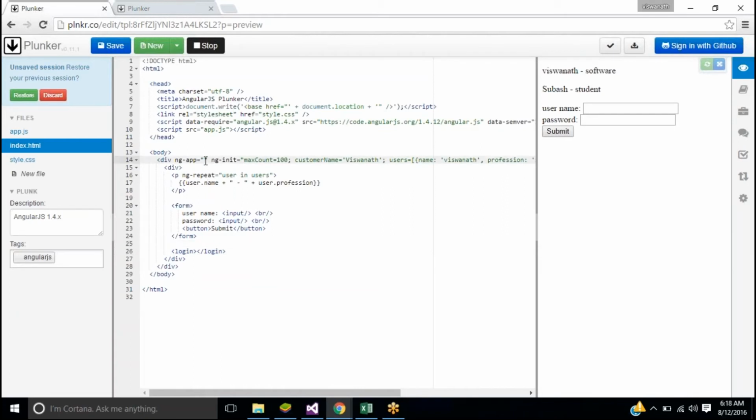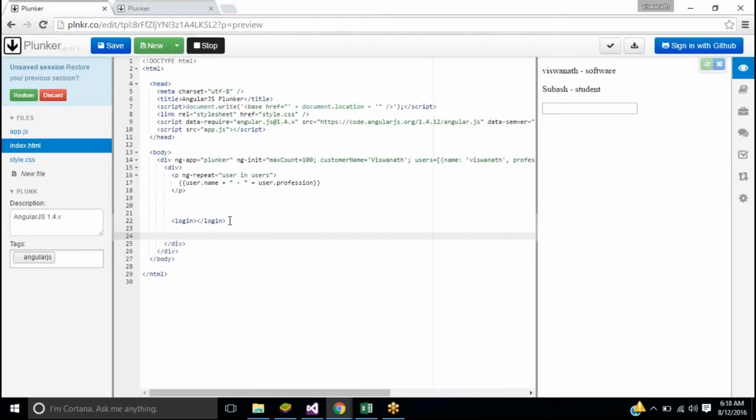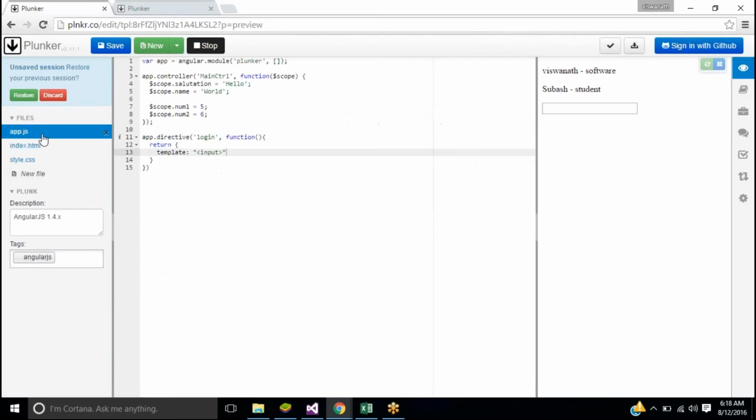ng-app Plankar. Right? You see this? I'll remove this so as not to confuse you. Now, if you see, my login tag actually rendered an input field, which generally does not happen, right?